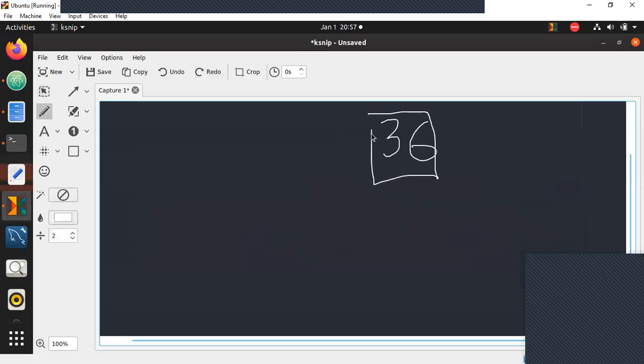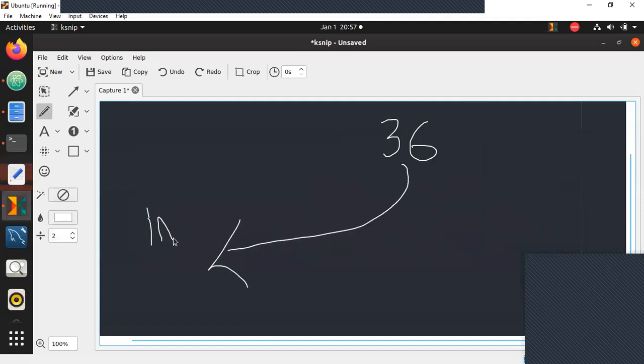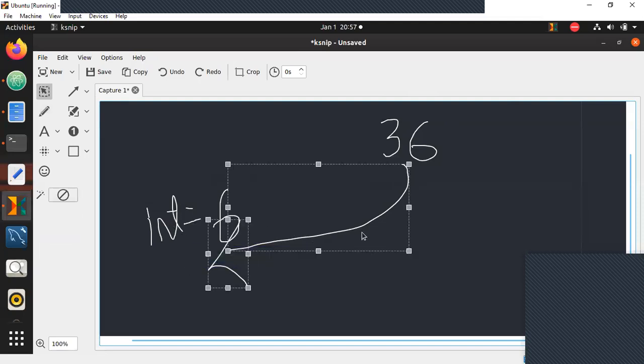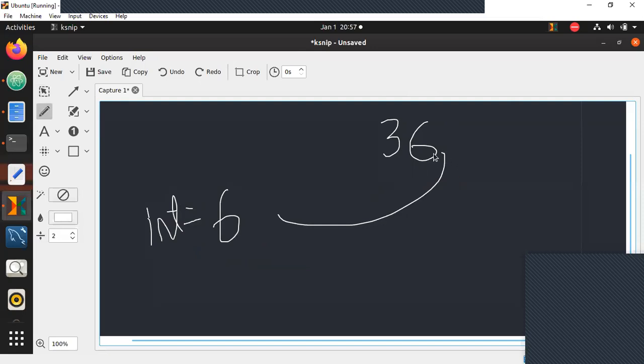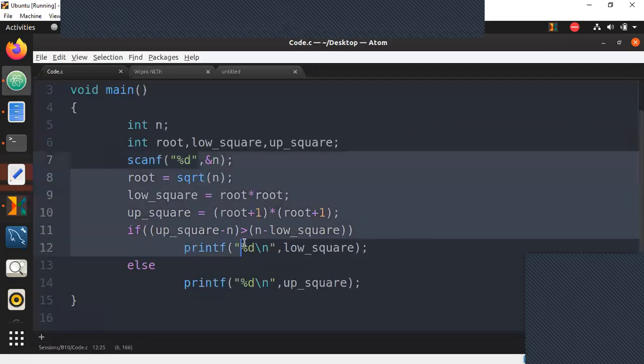If the user enters exactly a perfect square, and you're storing the integer part of it, it will also be exactly 6, whose square is exactly 36. So its closest perfect square will not be itself, because closest means other than it. So that's the basic idea. So there your test case fails.